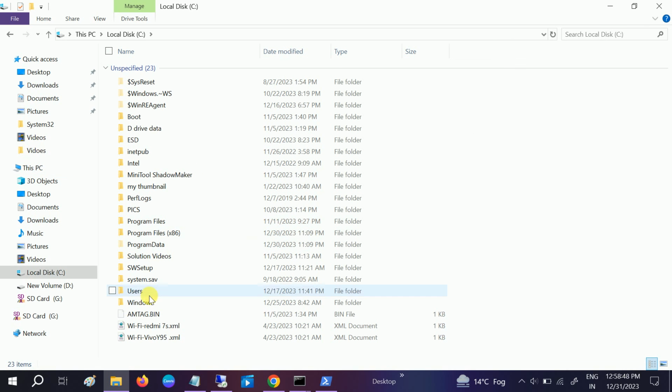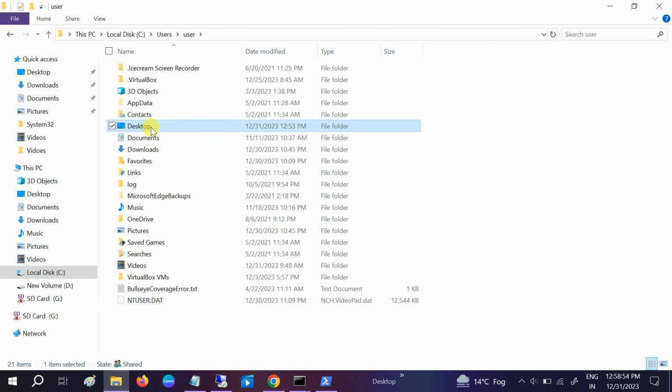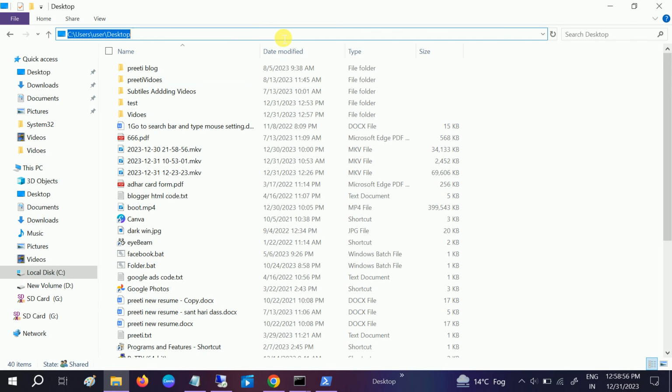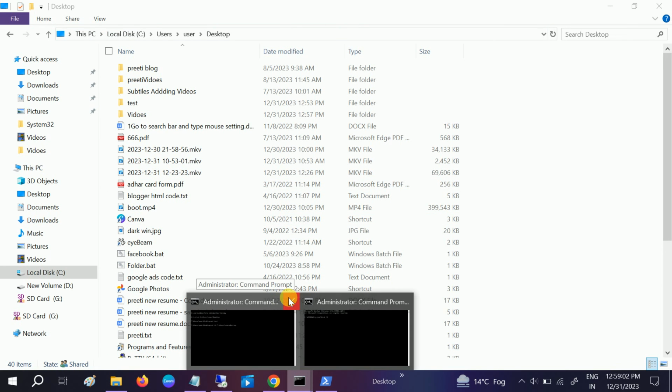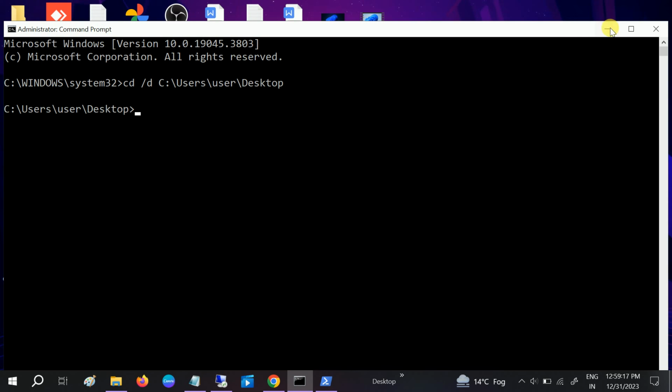C drive, users, name, and the desktop. This is the complete path, so we need to copy this and just paste it here like this and hit enter. Now once we hit enter, we are in a desktop. So in order to make the multiple folders at once at the desktop,